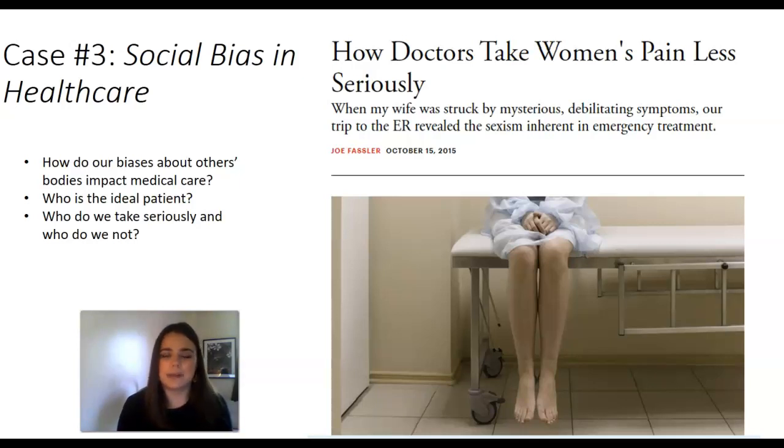Who is the best person to take care of that doctors would want to see in their office? Who do we take seriously and who do we not? When someone ends up in a doctor's office complaining of particular symptoms or experiences, who do we believe and whose testimony do we not believe, okay? And that leads me into this article on the right here, which is called How Doctors Take Women's Pain Less Seriously. In short, what this article describes is that when women come into the doctor's office or the ER complaining of severe pain, on average, their pain is taken less seriously than a male counterpart who could be complaining of